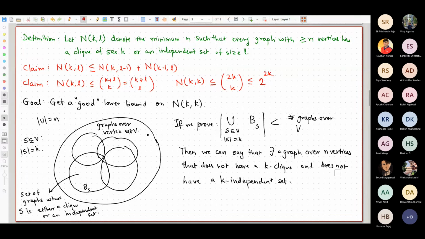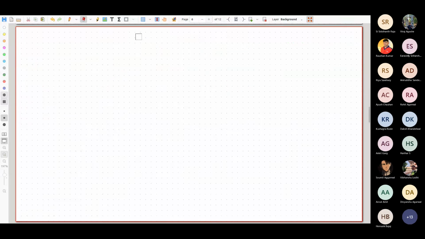Right, and the way we will prove this kind of a result is using something called a union bound. It's an extremely trivial statement, but extremely useful. I mean, unbelievably useful statement, right? So what does the union bound say? Let me just state it in the next slide. So the union bound says,